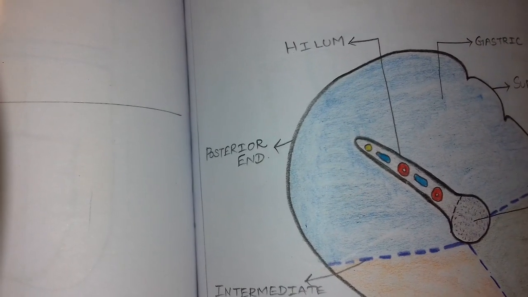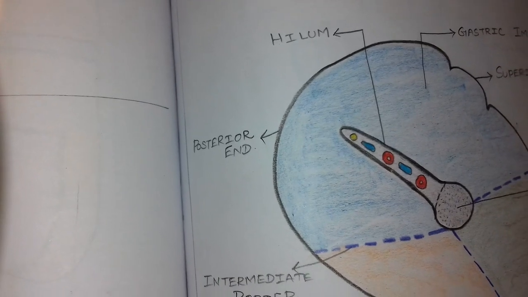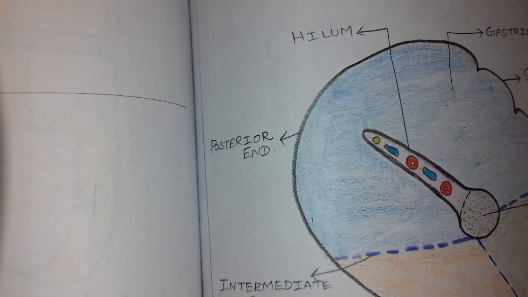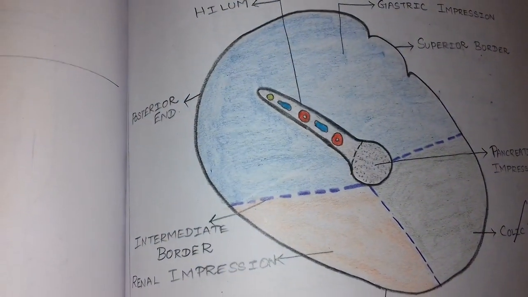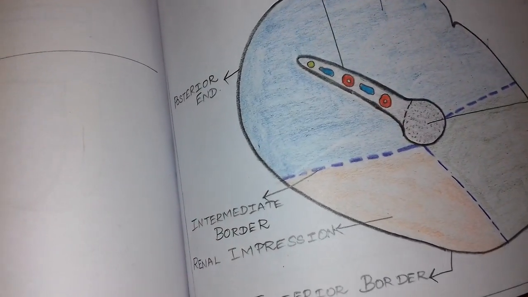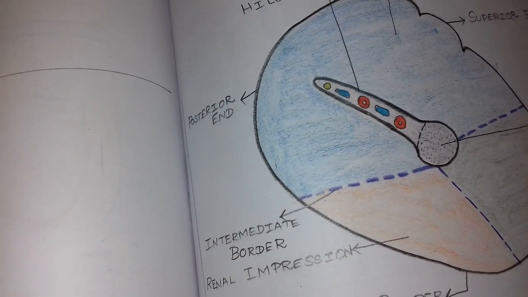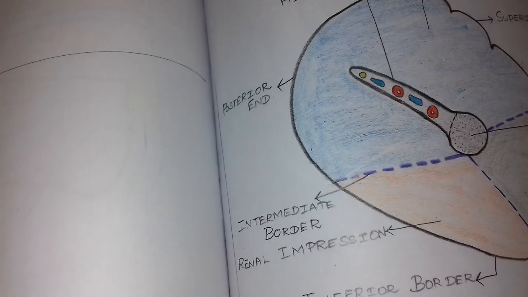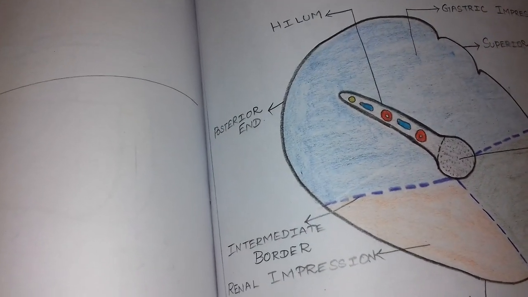Nerve supply of the spleen. The sympathetic nerve supply of the spleen is derived from the celiac plexus. Then functions of the spleen. There are four main functions of the spleen: storage of red blood cells, and hemopoiesis in fetal life. In fetal life, the spleen is the hematopoietic organ where the blood cells are formed.